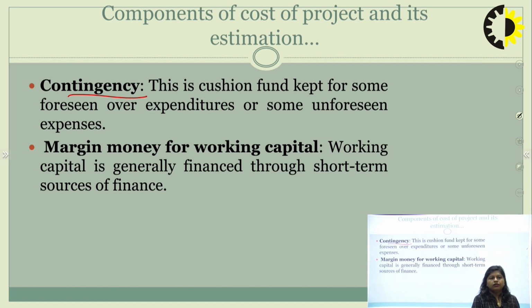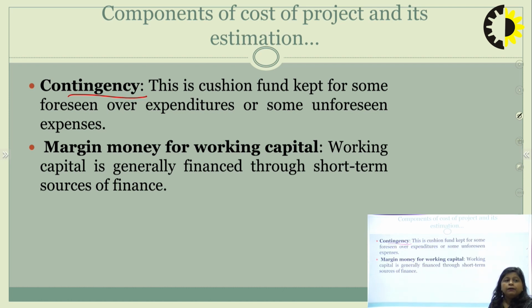So whenever you face any kind of expenses, maybe expenses that are possible in the future, or expenses you may not know about, you set aside some amount of fund for those small expenses. That comes under the category of contingency.